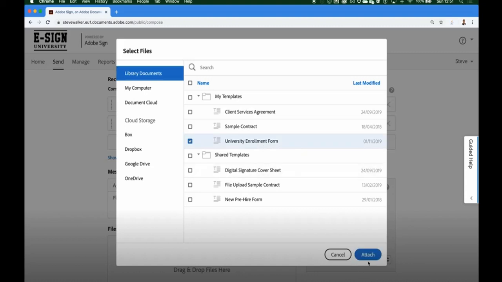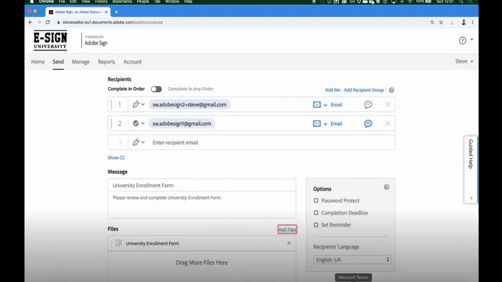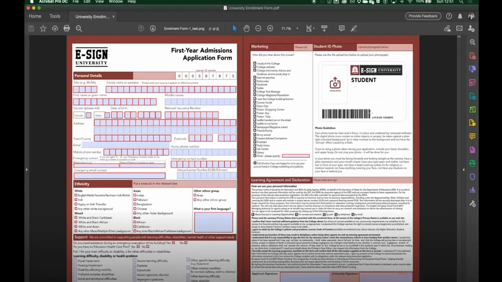Let's open this up, get it attached. I'll just show you very quickly what it looks like. This is a form 2-pager that I've created for the fictional eSign University, and it was created using Adobe Acrobat Pro. So this is an Acrobat form field where what we've done is we've added different layers of form fields on here, asking people to enter in details. We've got checkboxes, radio buttons, and we're even going to be asked to upload a photograph of our students' head and shoulders. Going back to Adobe Sign though,